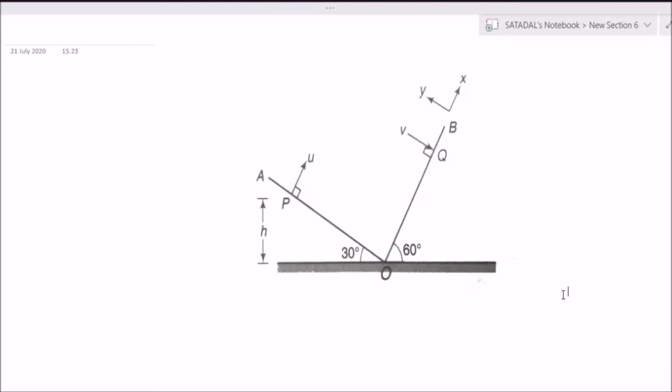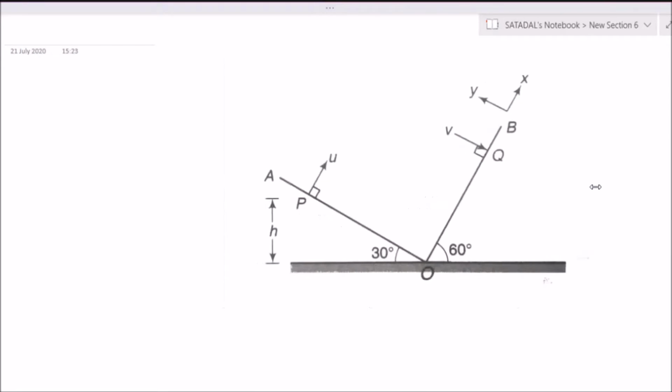So here you can check that there was a particle which was thrown. Right. So here is a particle which is thrown with velocity. This velocity is given to be 10 root 3 meter per second. You can see that with this plane, this is already thrown at 90 degree. It follows a projectile like this. And here also, it hits this plane with 90 degree.